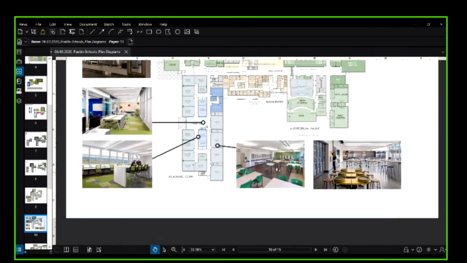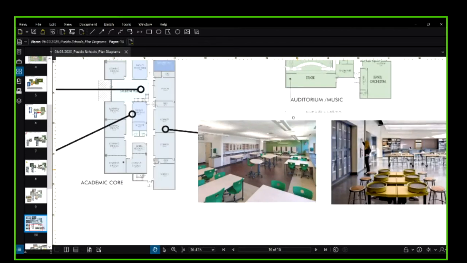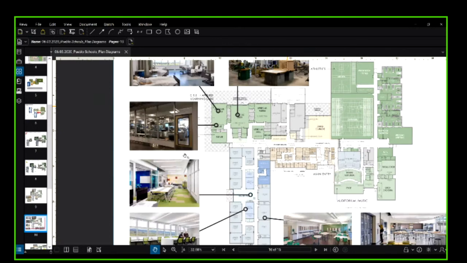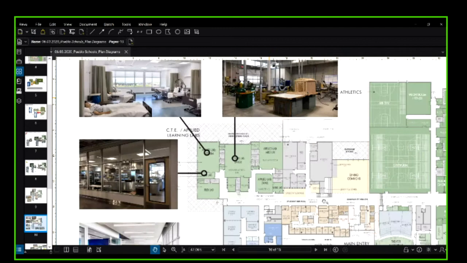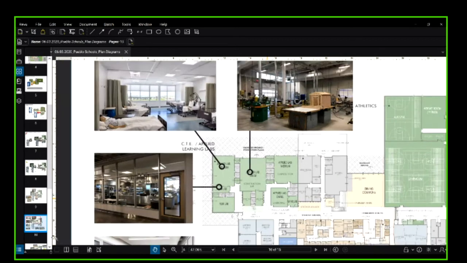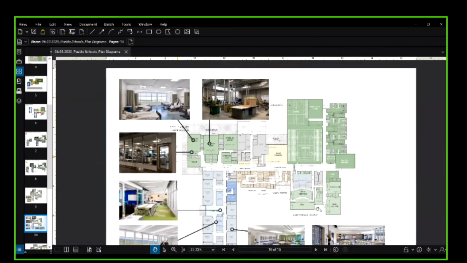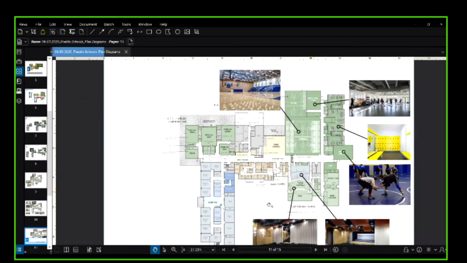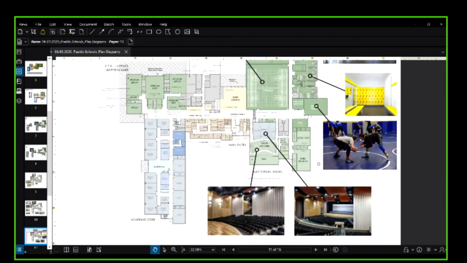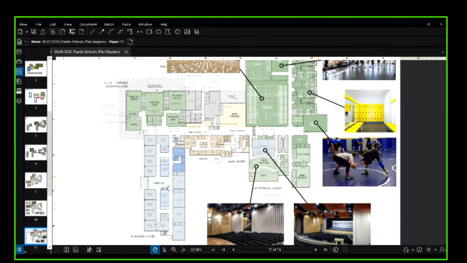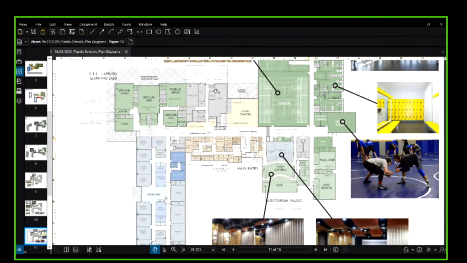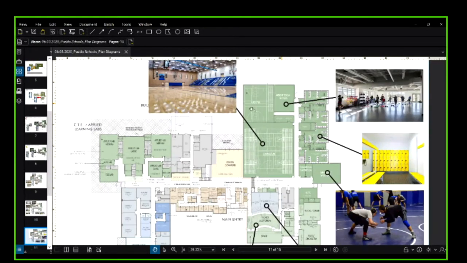Science classrooms, art classrooms. These are just to give you an idea of what these spaces could look like. The culinary arts shop. Of course, our athletics and our theater. Showing the partition that can close off just for the small theater audience, and then dividing that upper section into teaching spaces. Locker rooms using color, using branding, using your school identity and pride throughout all the athletics. And then our fitness room, kind of on that corner, to be just a wonderful space.